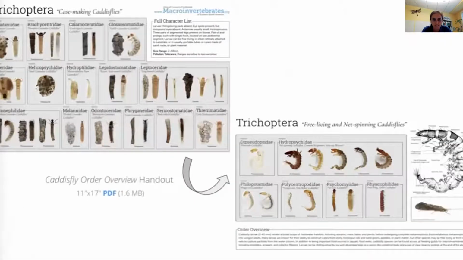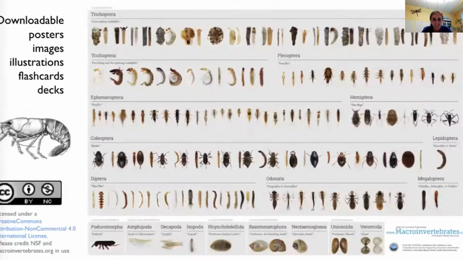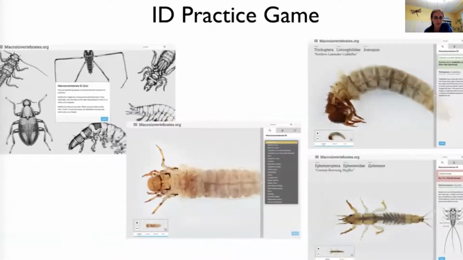Yeah, keep going forward, Marty. And then lastly, I think one of the last ones that we're going to share is a huge poster that's beautiful to print and laminate and have stream side at your workshops as well. So this is great where we have all the insects and non-insects presented. And next. And again, all these are downloadable.